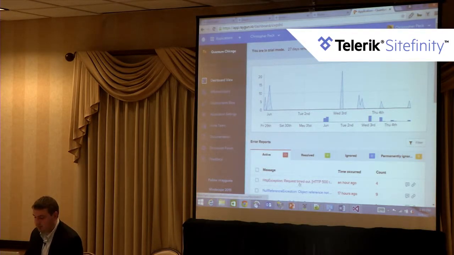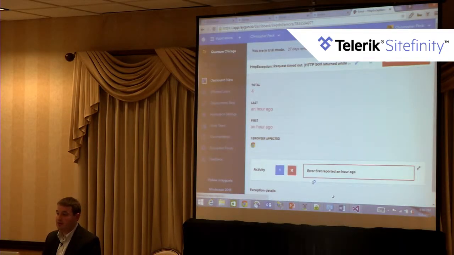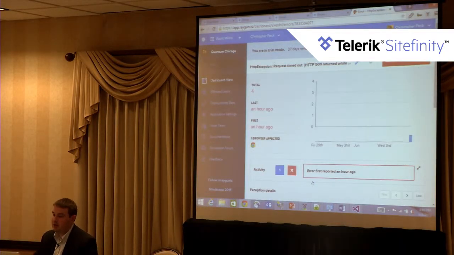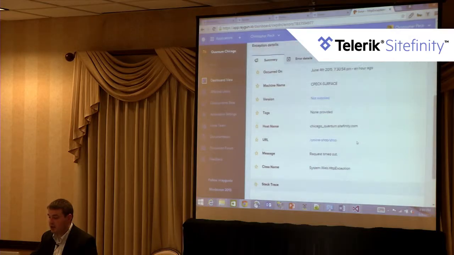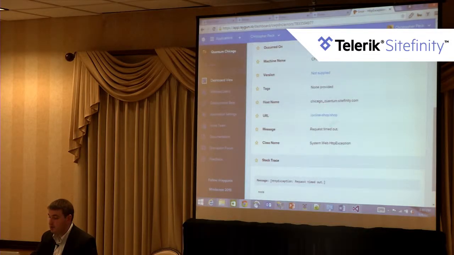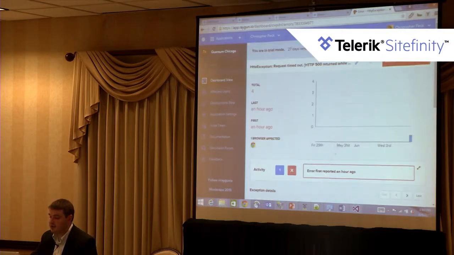So for example, sometimes when we're trying to access applications that we don't have running, or we have a server error on, we're getting our 500 errors. Ultimately, we can see the machine that this is coming in from, what happened. So in this case, I was trying to access our online shop page, so we know that our error is on there. The request timed out, and we get an HTTP exception. Those are not terribly interesting because they don't have full stack traces, but if we did want to look at a full stack trace within Raygun,